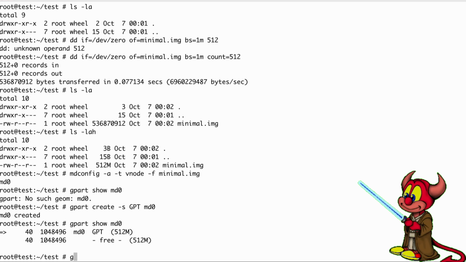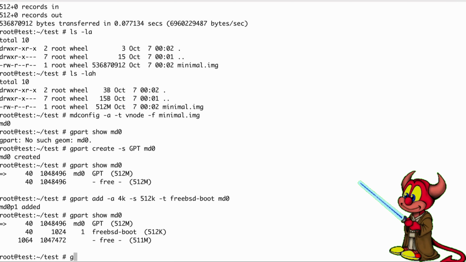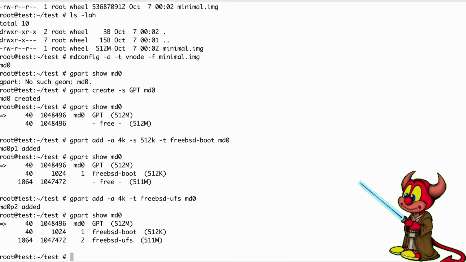Now let's add the two partitions. gpart add, 4K alignment, -s 512K, freebsd-boot md0. Then gpart add again for the second partition. Okay, so now our disk md0 has the boot partition of 512 kilobytes and the UFS file system, which